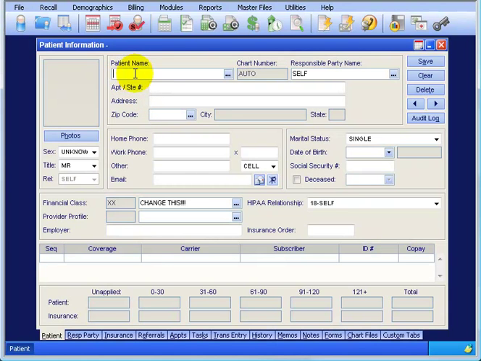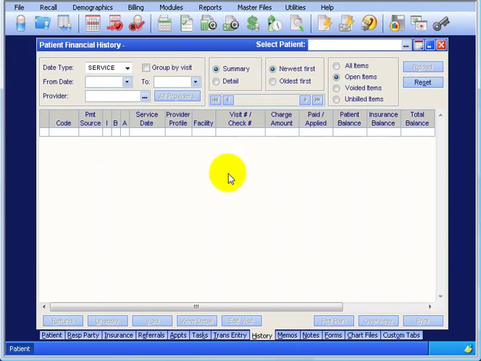Now you could type in the patient's name here and pull up the patient, but I'd rather not, especially if I have photos, because it may take just an extra couple of seconds to download. For the second reason, I'm not going to be looking at any information here. I'm going to be looking at their history. So I might as well come here and up in the patient box I can type in the name of the patient,